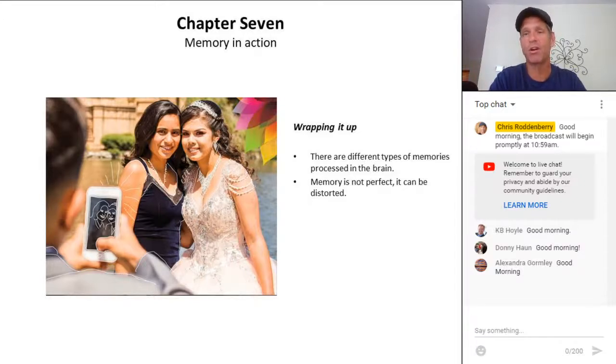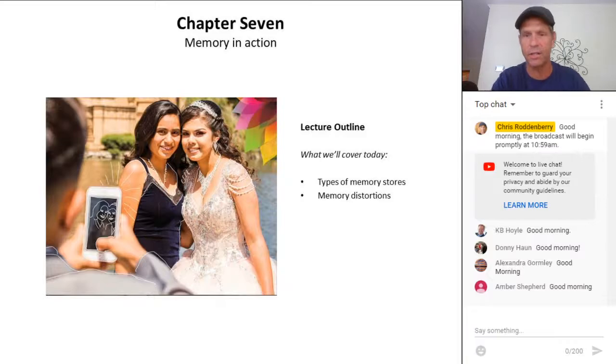So today we're going to talk a little bit about the different types of memories that there are, where they come from, and then we're going to talk about the other side of the coin, which is problems with memory and ways in which our memory isn't quite as good as a computer's. And this lecture is going to kind of go along with tomorrow's lab class, where we're going to be talking about the Ronald Cotton case, which is a case of incorrect eyewitness identification. And so without further ado, let's go ahead and get started. We're going to talk about different types of memories in the brain, and we're going to talk about memory not being perfect.